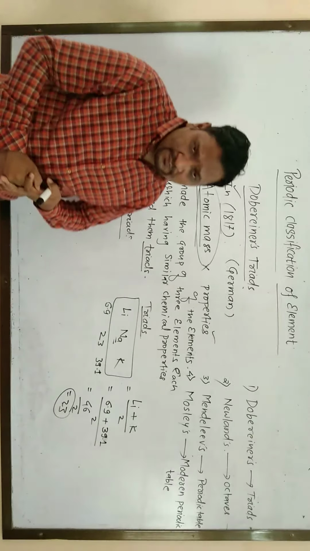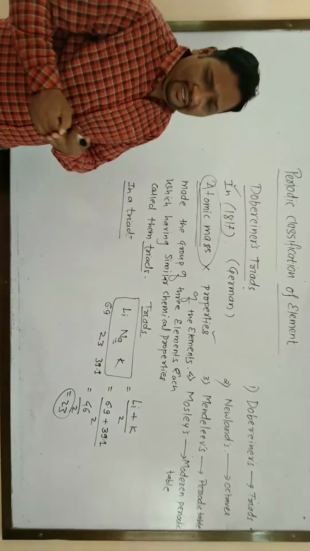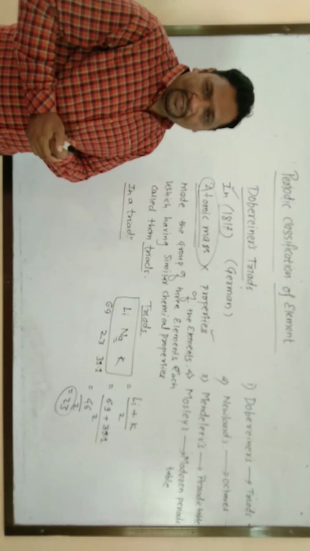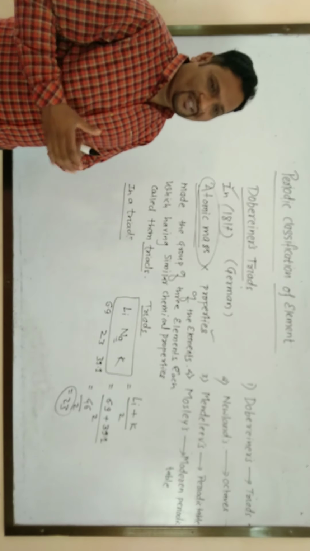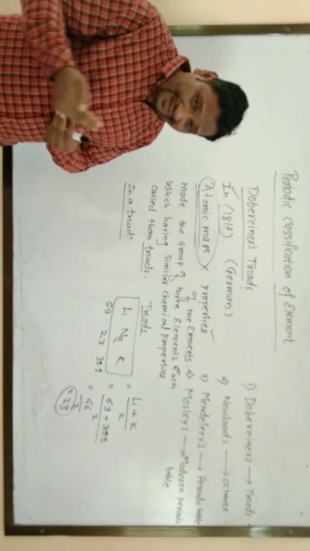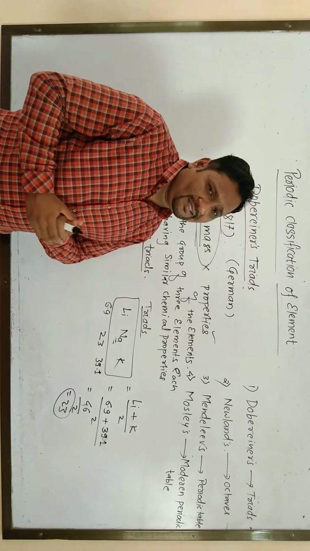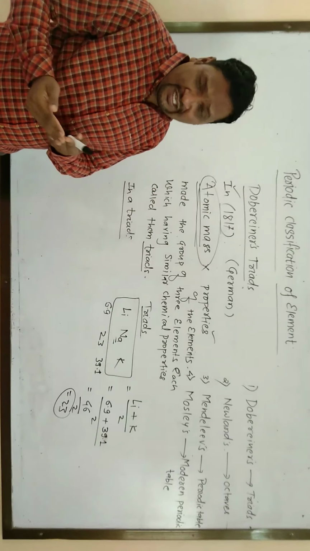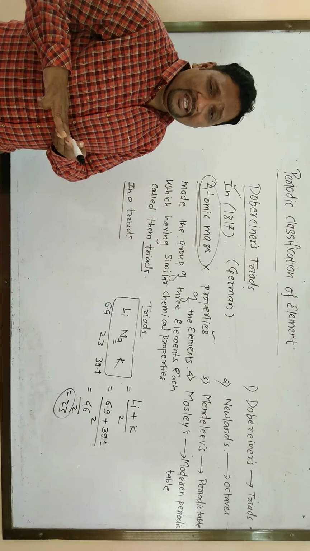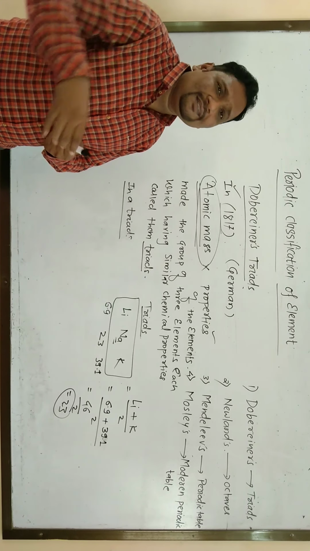I repeat again: he made groups of three elements having similar chemical properties, called triads. In a triad, he arranged the three elements in the increasing order of their atomic masses, and observed that